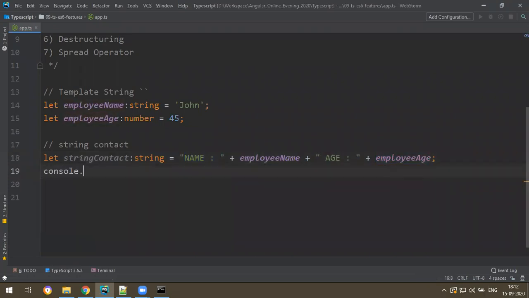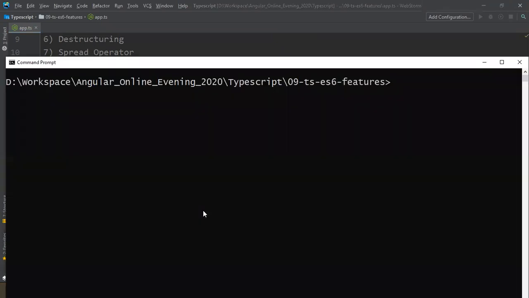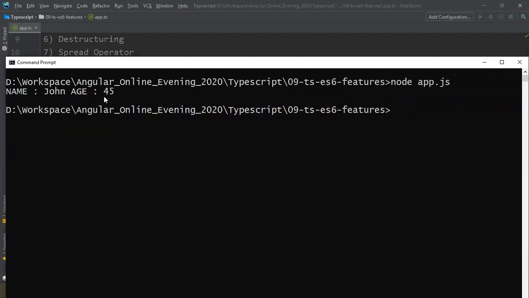When I say console.log of stringConcat, let's see the output. Node app.js, enter. See, you got name John, age 45.